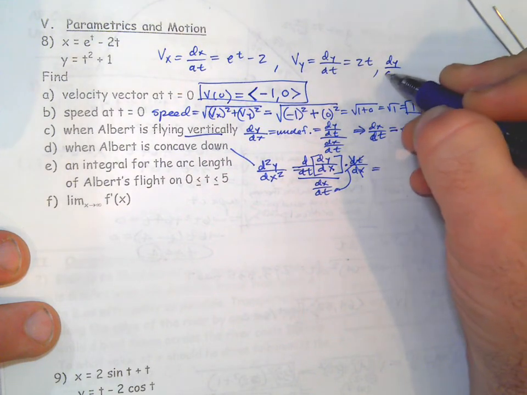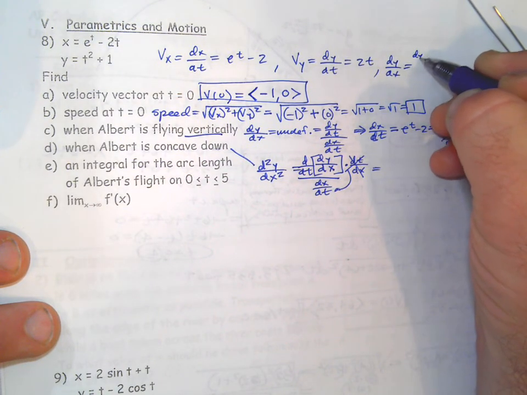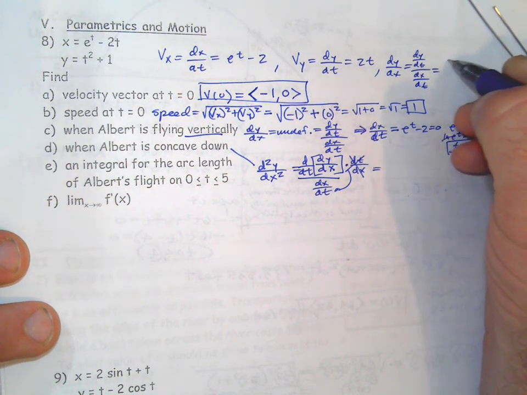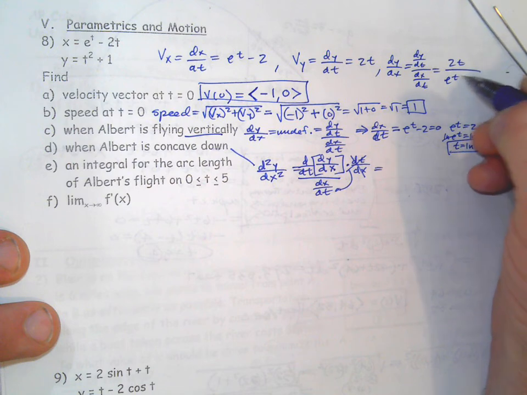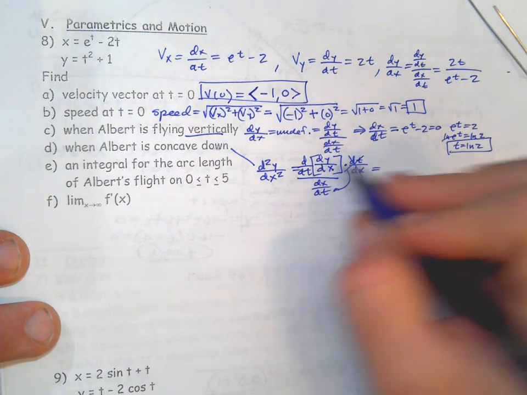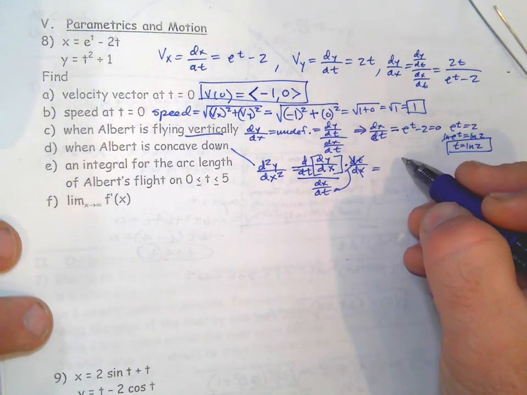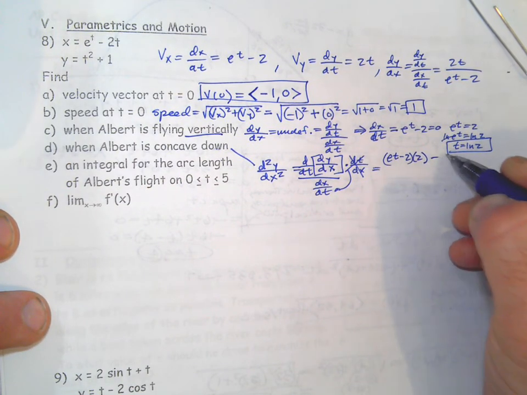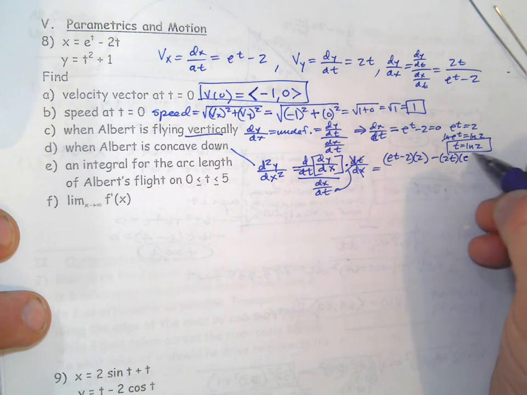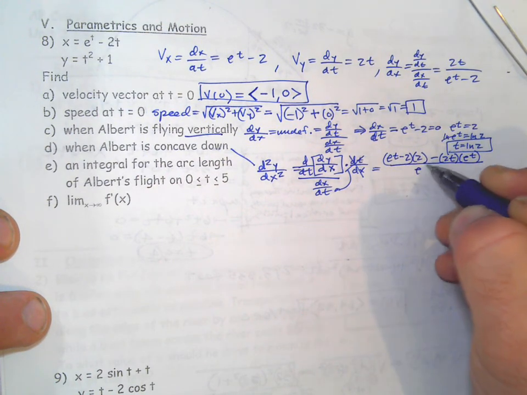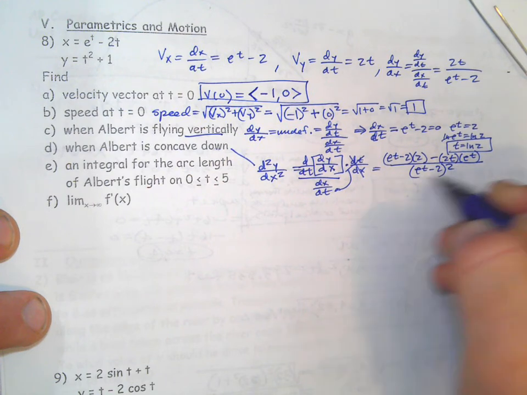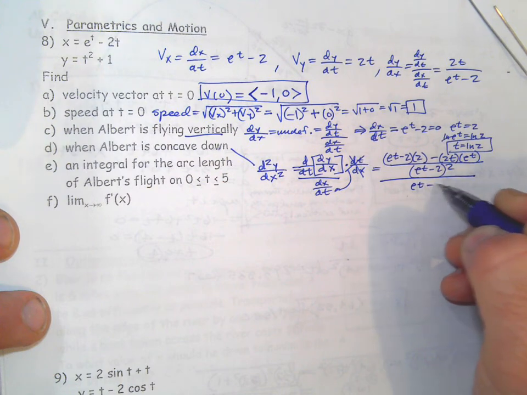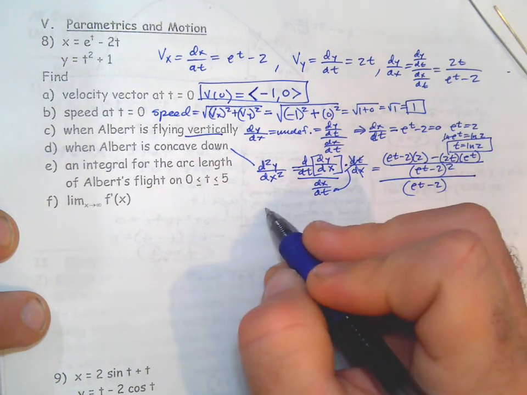That's the slope of the curve, which is going to be dy/dt over dx/dt, and so that's going to be 2t over e to the t minus 2. So when we take the derivative of it again, we have to do quotient rule: low d high minus high d low all over low squared. But then you have to divide by dx/dt, and that's going to be e to the t minus 2. So that's going to give you